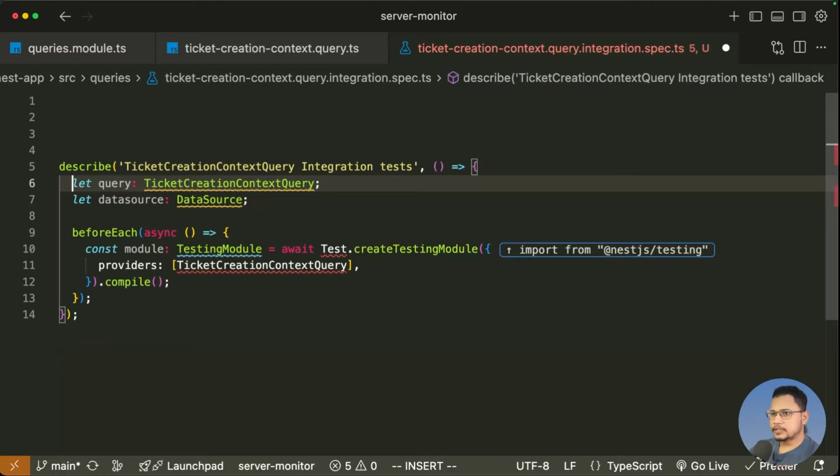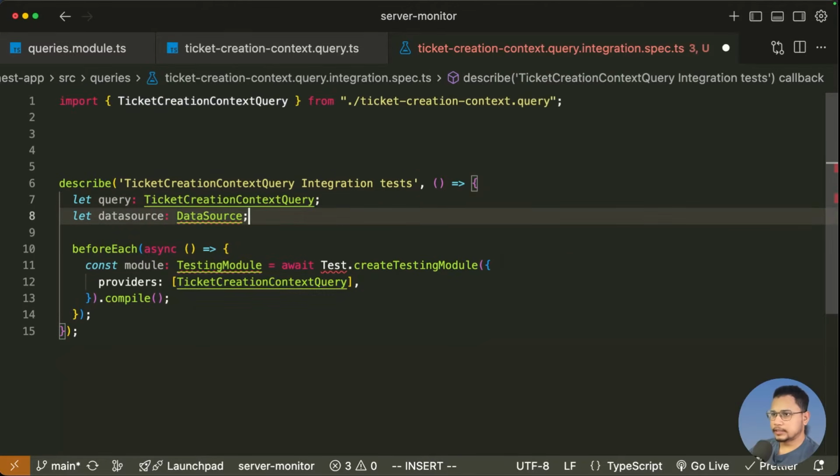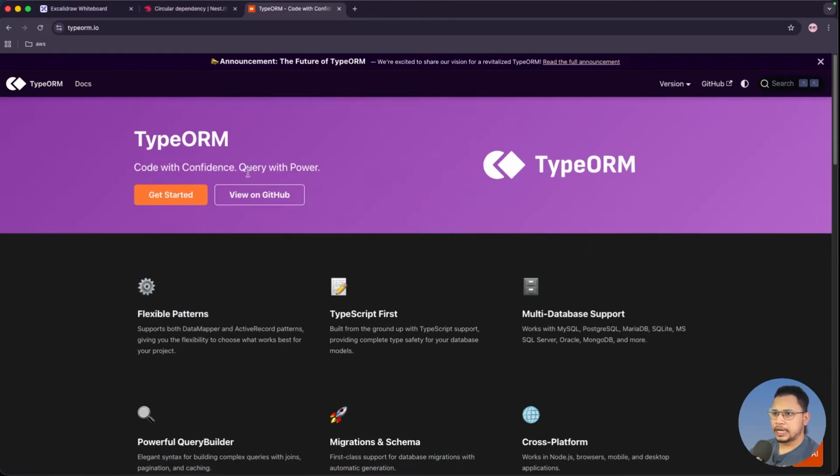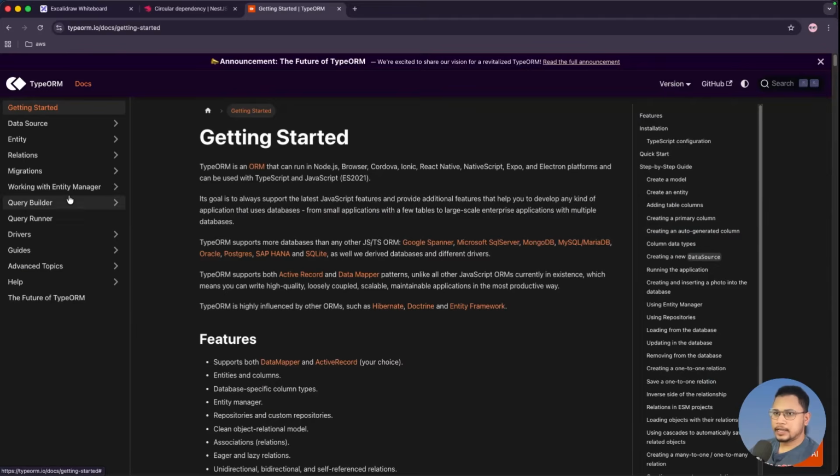Okay, the first thing is we will be bringing out the query. So let us just declare that. And to seed the database, we will be directly using this data source. Now, data source is basically coming from, if I go to TypeORM, get started, and this is